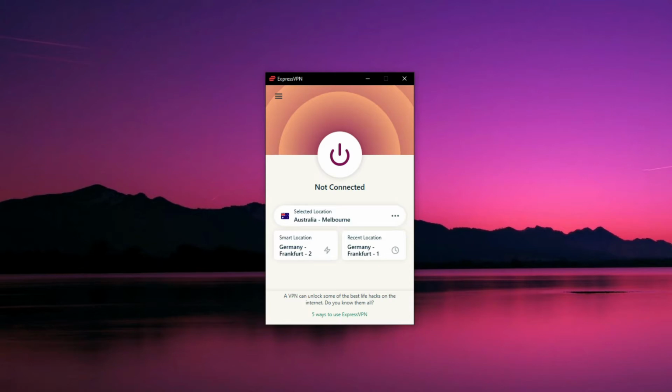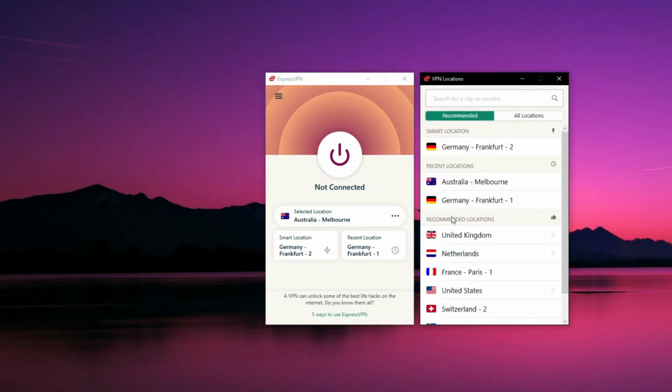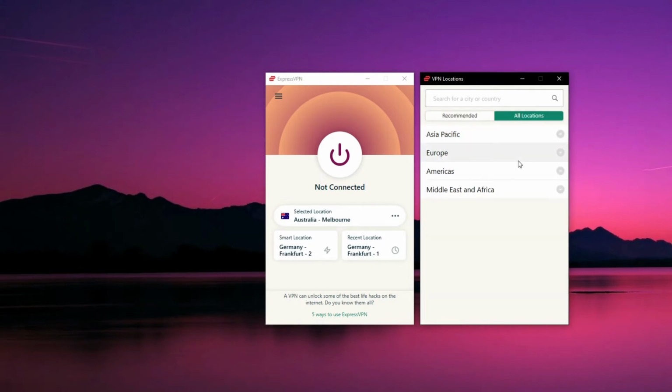And best of all, even though I'm showing you how to use a VPN on my Windows PC, the same principle applies to all other devices, so you don't have to be excessively smart to learn how to use a VPN. As you can see, this is ExpressVPN's application, and currently I'm not connected to a VPN server. But what I'm going to do now is click here to open the server list, where I get recommended servers but also all locations to be able to choose the location of my choice. Let's click on all locations, and from here I can choose a VPN server from any of the 3000 servers in 94 locations that ExpressVPN has to offer.